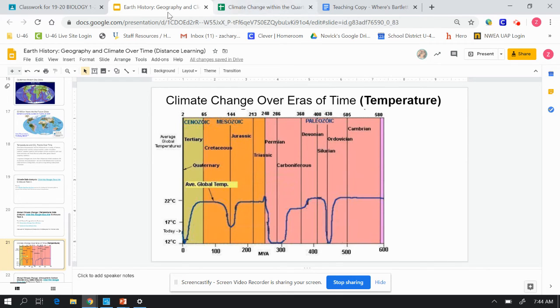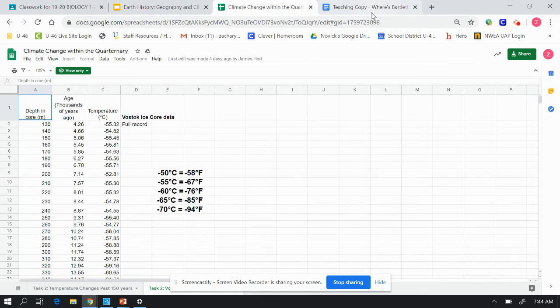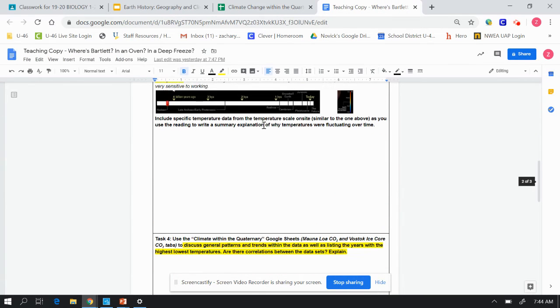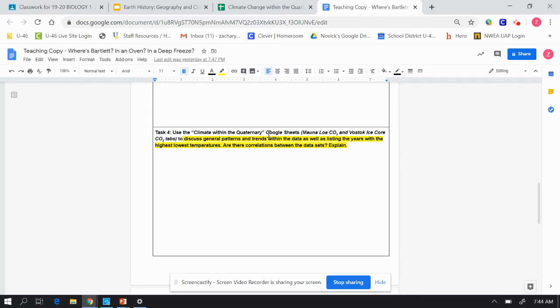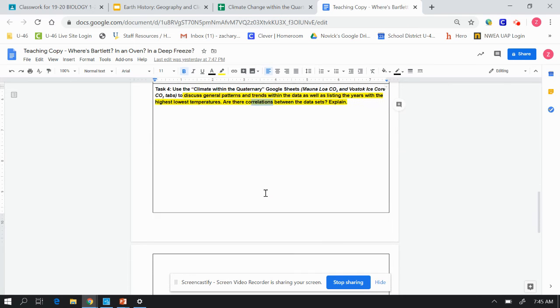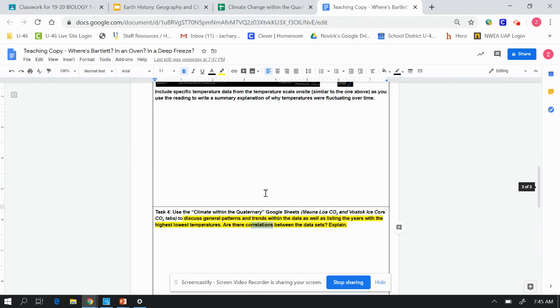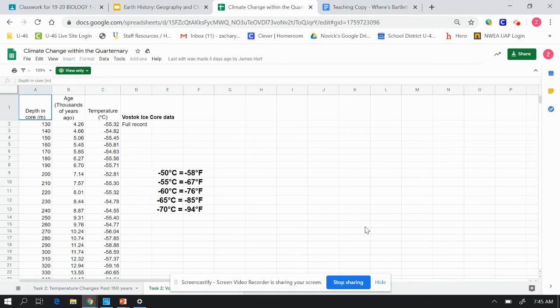All right. So now going on to task 4 for today. Very similar. Again, you guys are going to use the climate quaternary Google Sheets, but now two different tabs. The Mauna Loa carbon dioxide, and again, the Vostok Ice Core carbon dioxide tabs. So you're going to, again, discuss general patterns and trends within the data, as well as listing the years of the highest and lowest temperatures. And then are there correlations between the data sets? So a very, very similar task, except not looking specifically at temperature, mostly looking at presence of CO2, carbon dioxide. All right, so those tabs, students,